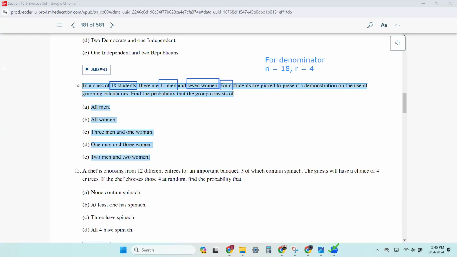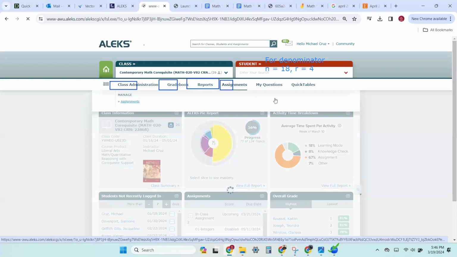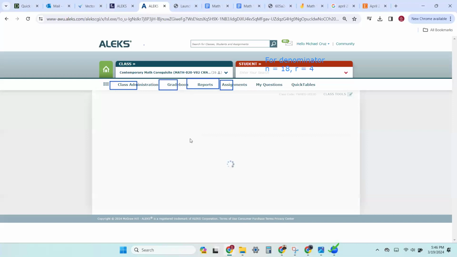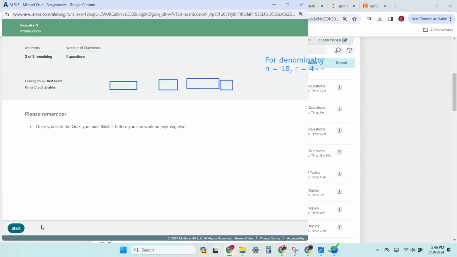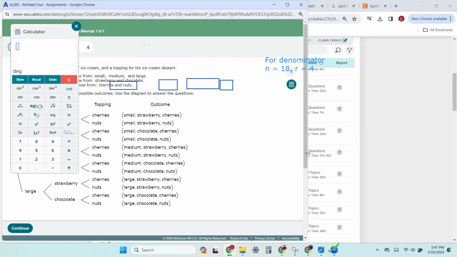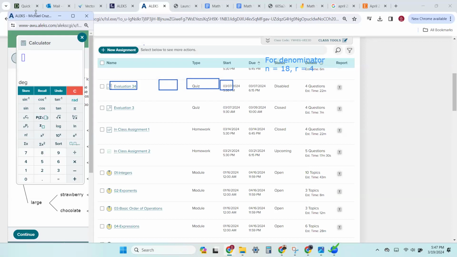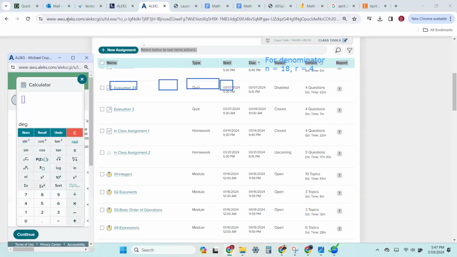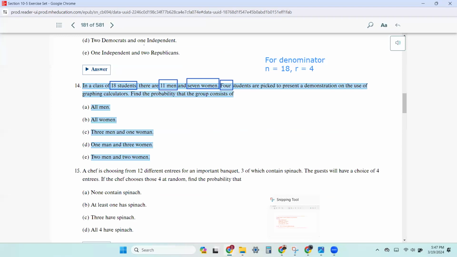All right, so first of all, let's figure out what the denominator is going to be. If I go over to the assignments and bring up that little calculator, that's the perfect thing to use at this point. You can do it by hand, but I'm going to try to save a little bit of time. All right. So back over to that problem. My denominator is going to be,